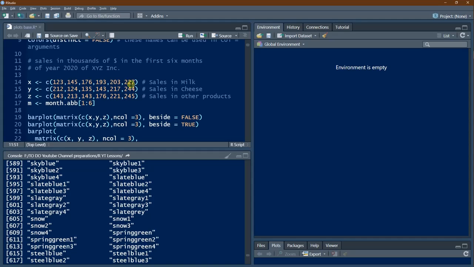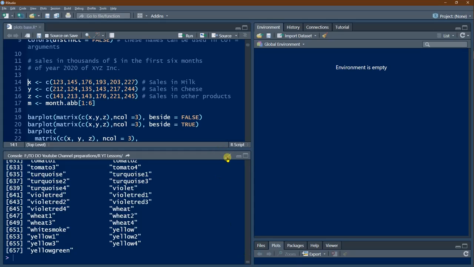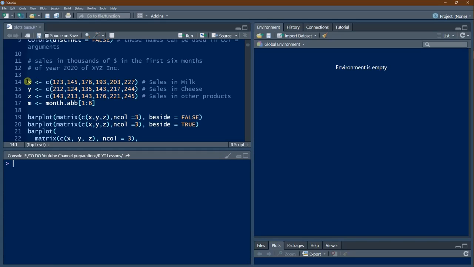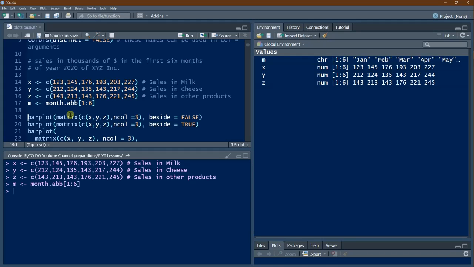So these 6 values are there in x, y, z, and we'll create these things first. So we'll clear the console. So we'll execute these 3 statements x, y, z, m. So all these variables have been created.